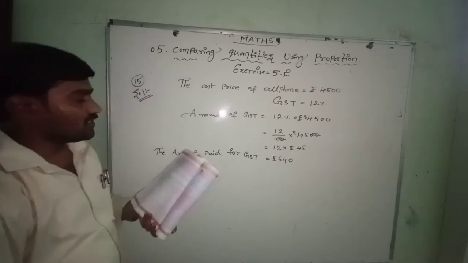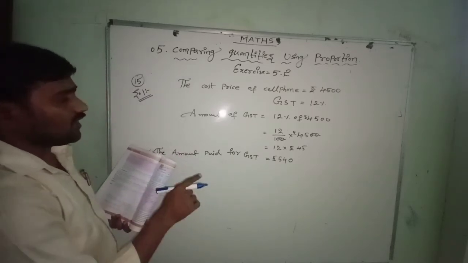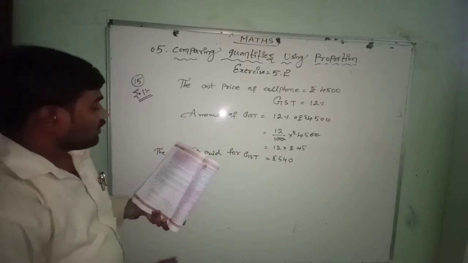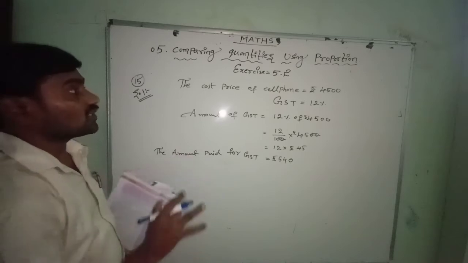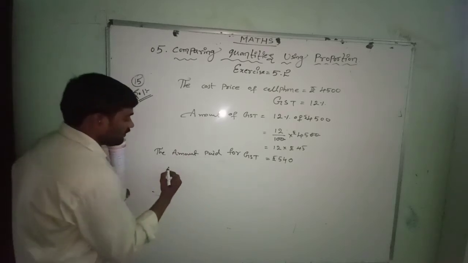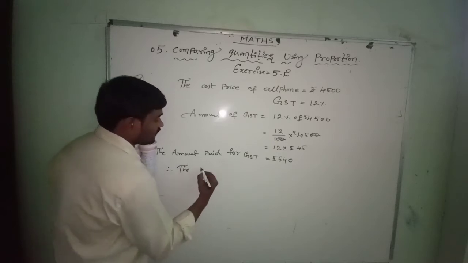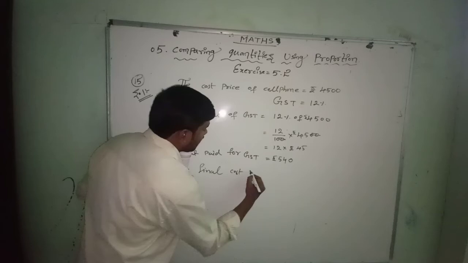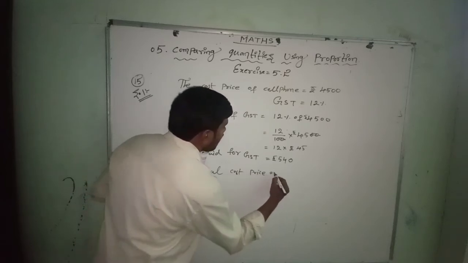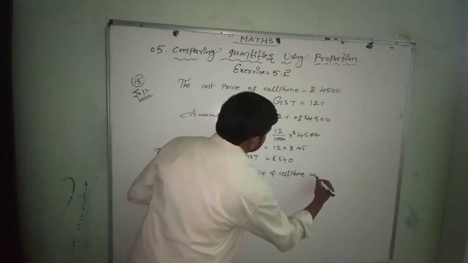Rupees 540 he paid on the GST. Yes, 6 carry for 48, 54. Now what is the purchase of the cell phone? Then what is the total cost of the cell phone? The final amount of cost price. The final cost price of the cell phone with GST